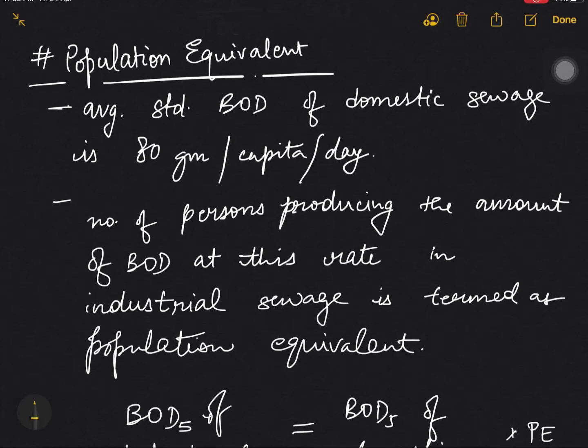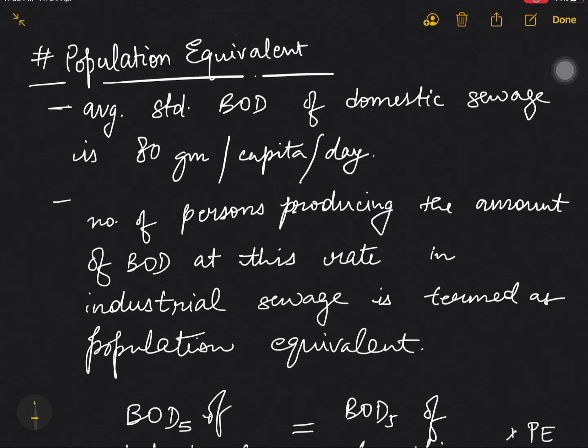Okay, so welcome back. Let's continue our discussion on population equivalent. So, how do we define it? What is this term? We can define this as generally used for the industrial sewage quantification. So, we quantify the sewage produced by industries in terms of the domestic sewage produced per capita. So, let's quickly have the definition for it.